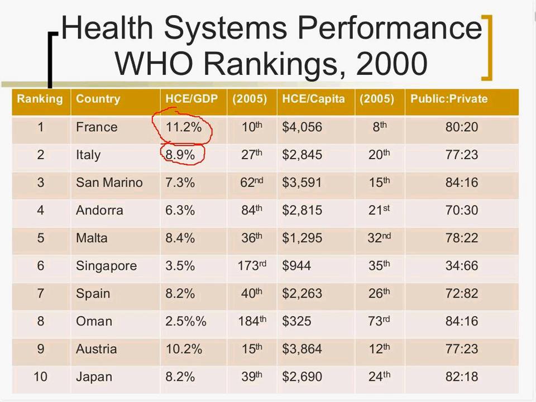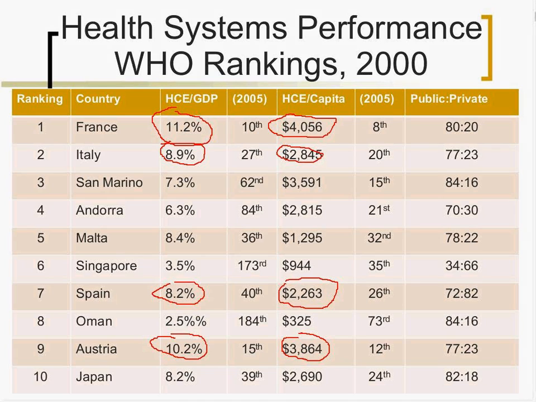So 11% in France, nearly 9% in Italy, 8% in Spain, and so on, 10% in Asia. So large amounts. Health expenditures per capita are quite large. The French are spending €4,000 per capita, Spain nearly 3,800, Italy nearly 3,000, and over 2,000. On a population basis, they are spending huge amounts of money